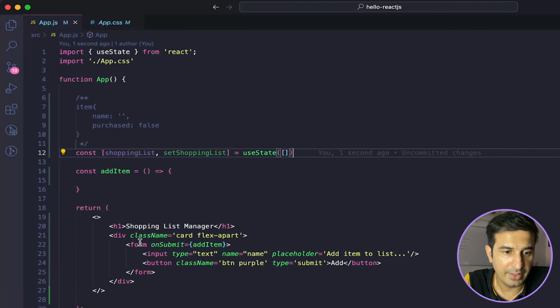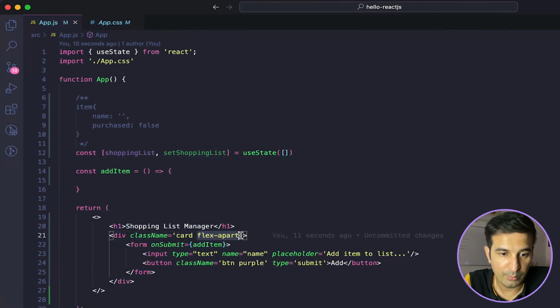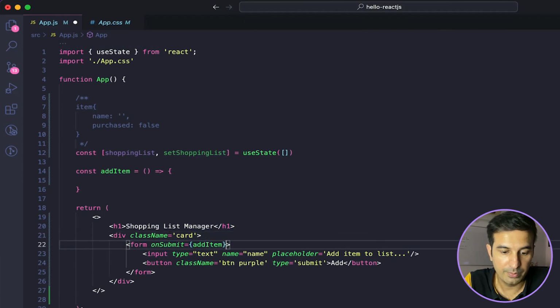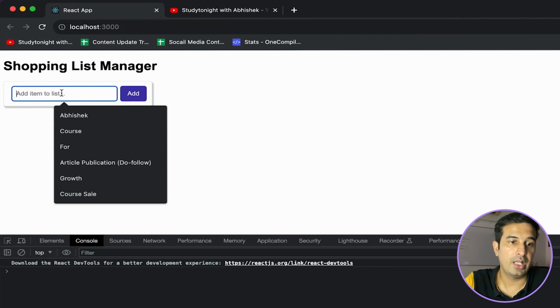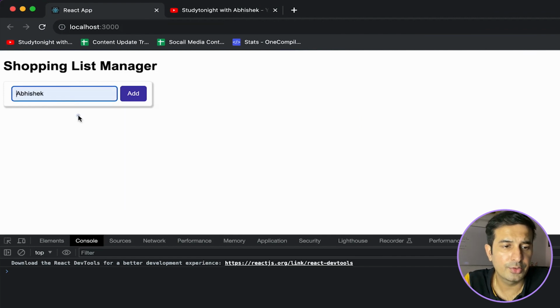Okay, maybe because we have added a form inside of this div, and this is display flex. So if I move this to form, now it should be fine. Yeah. So now as we will add an item to this particular list, on click of add, this is getting